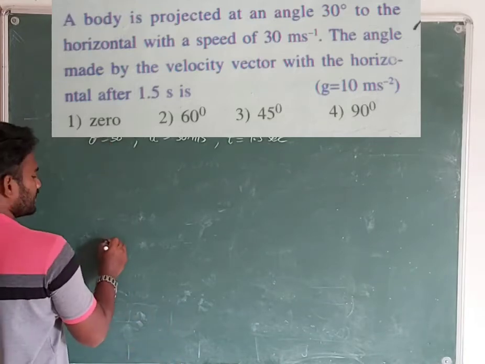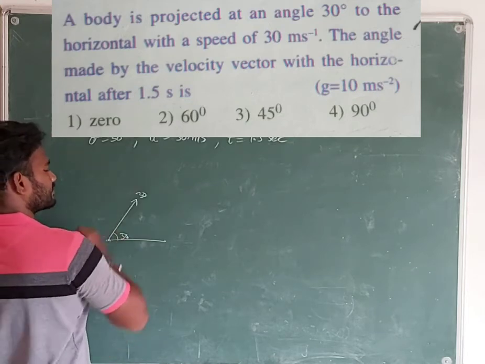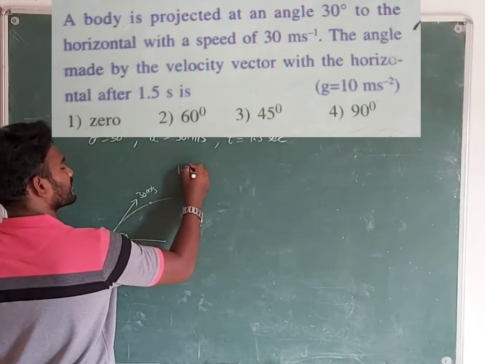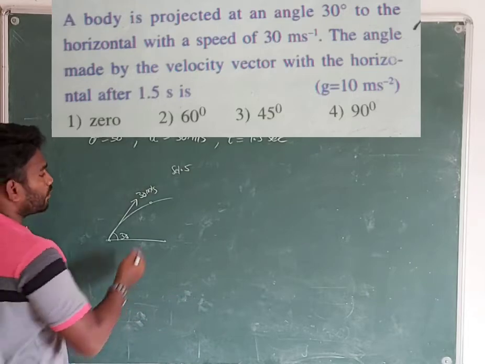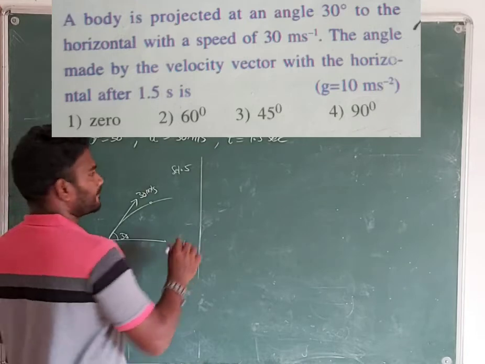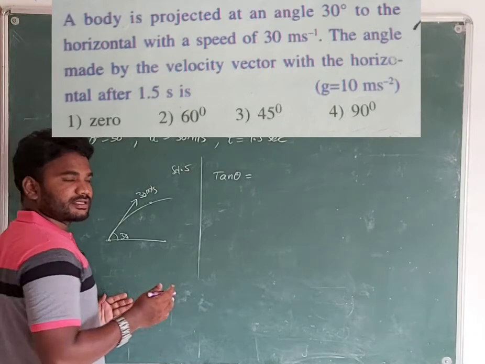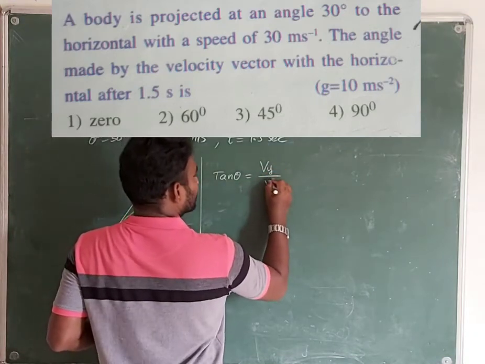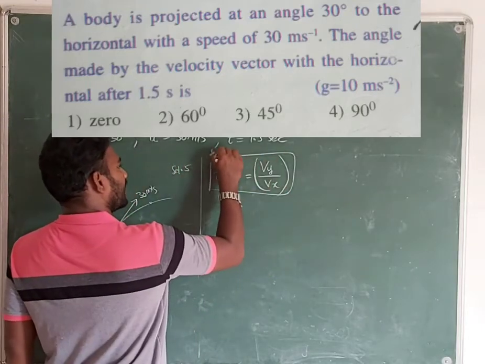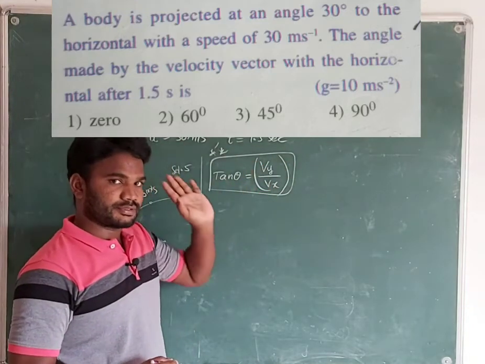Very important question, students. So first of all, initially the velocity is making 30 degree angle. The velocity value is 30 meter by second. After 1.5 second, what is the angle made by the velocity vector? So this kind of question can be easily solved, students. Any velocity vector will make some angle, tan theta. That formula is given by y component of velocity by x component of velocity. Very, very important formula. Make a note of this, students. The angle made by any velocity vector at any time. This can be applicable for all problems, no problem at all.